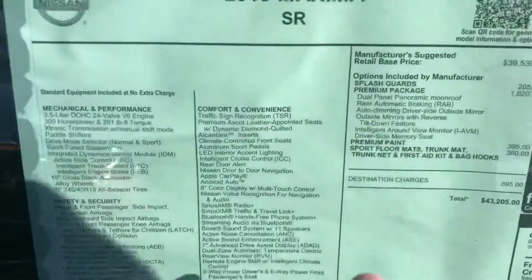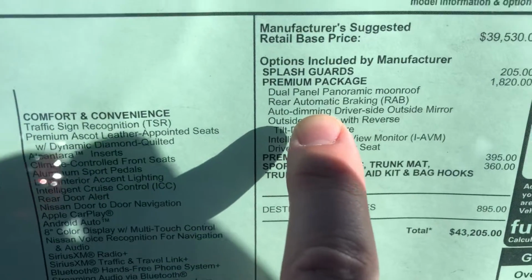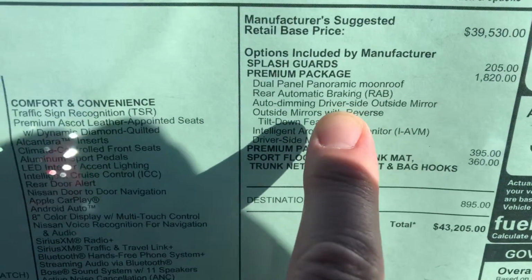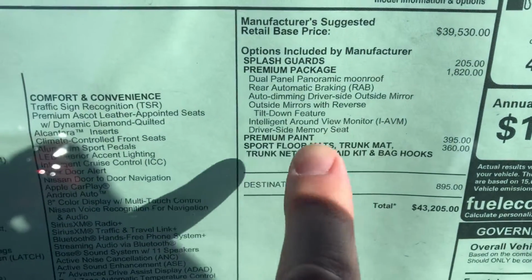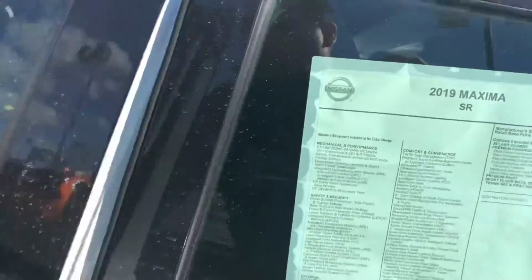And then it's got the premium package here, which gives you the sunroof, the rear automatic braking, which if you're in reverse and you're going backwards and you're going to hit something, the vehicle will actually brake before you hit a wall or another car or something like that. And then the intelligent around view camera, I'll show you that when I sit inside the car, and driver side memory seats as well. So opening up the car,